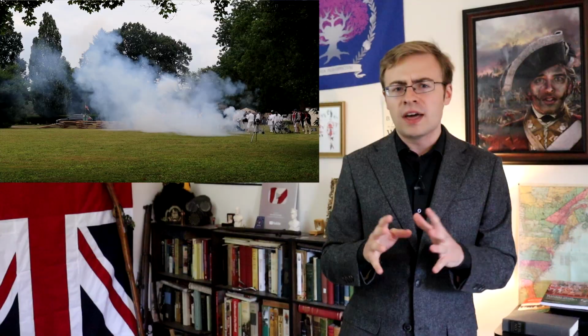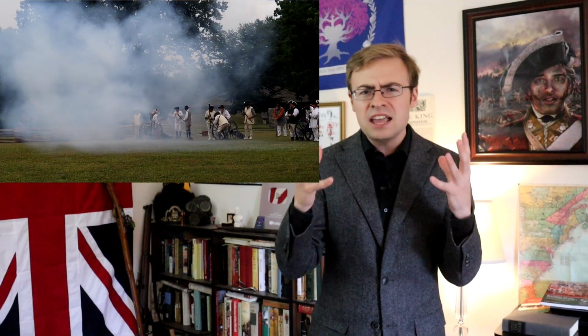And because it wasn't all that windy of a day, I mean, there was some breeze, but not very much, it meant that the smoke would just hang there in the air, retaining its form in great billowing clouds, gently moving their way across the grounds, which made it the perfect opportunity, I think, to demonstrate exactly what is meant when historians of warfare discuss the role of smoke and the lack of visibility on battlefields of the long 18th